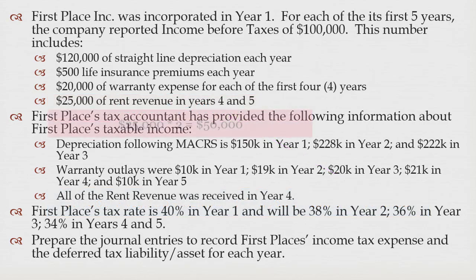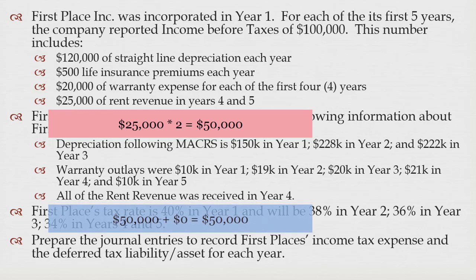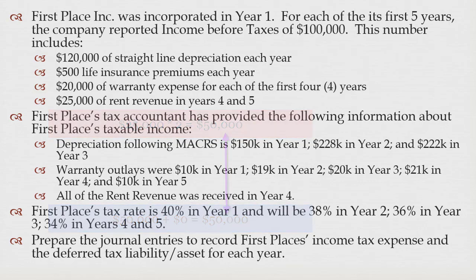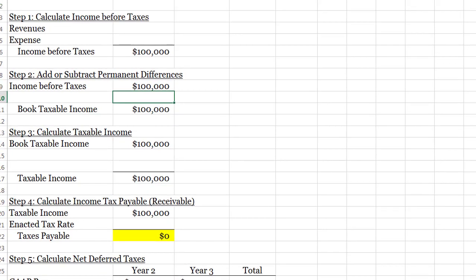And for the rent revenue, we get $25,000 in year 4 to cover year 4 and 5. The only difference is that I'm going to record all the rent revenue in year 4 for taxes. I'm going to split it in half for GAAP. So again, that's a temporary difference as well. So really, we have only one permanent difference, and it's that $500 of life insurance premiums. So life insurance